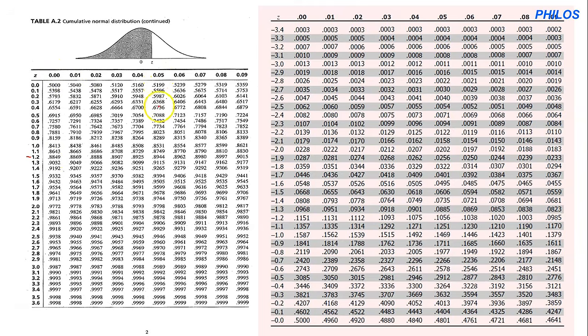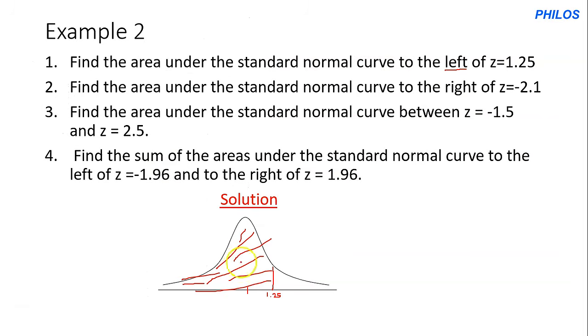So this is 5. So let's trace it to 1.2. So that's the answer. So the answer is 0.8944. Remember, I told you when you check a positive z-score on a positive z table, the answer you get represents area to the left. Okay, so this 0.8944 represents area to the left already, and that is what we need. So we've gotten the answer straight as